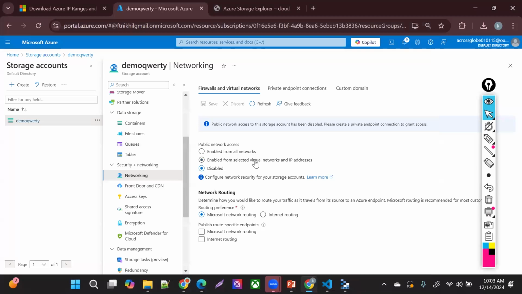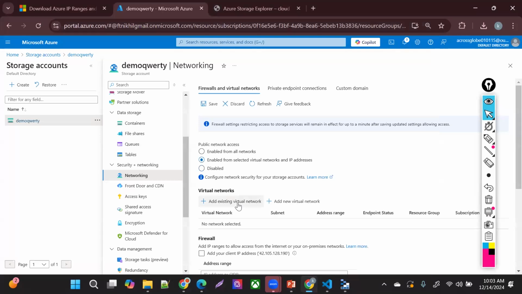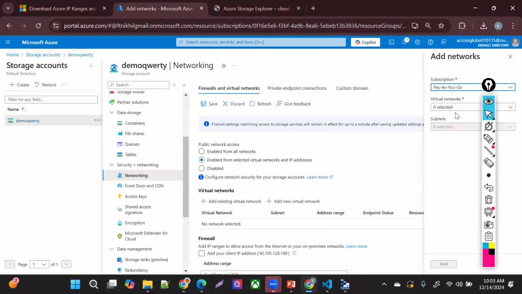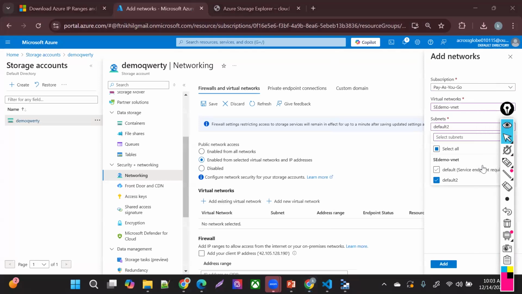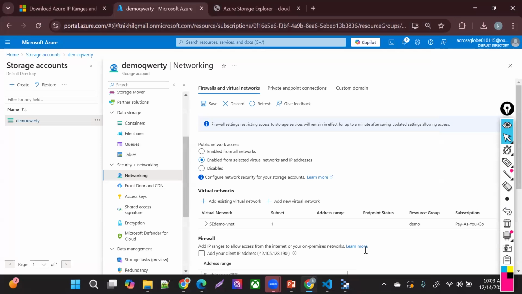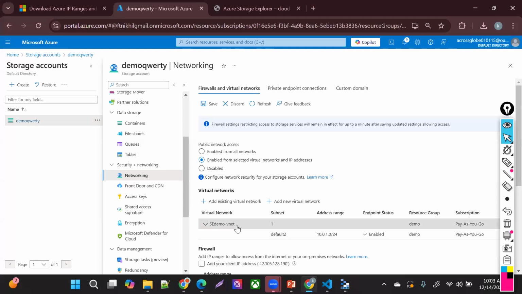Now let's do one thing. Now allow my VNet on which I created a service endpoint. The VNet is demo AC VNet. Which subnet do I want to give that access? Default2, which has my VM with no public IP. It's showing the service endpoint is required for default2, because I created default2 with the service endpoint. Let's add it here. So I allowed that demo VNet and then the default2 subnet. That's it. Nothing else I need to do. And then I'm going to click on save.